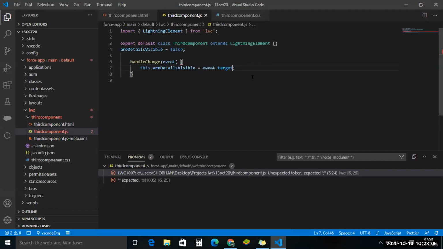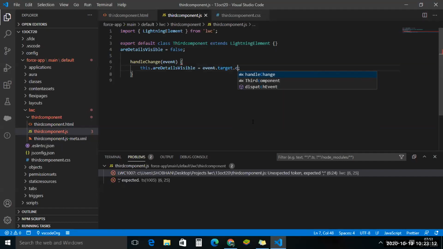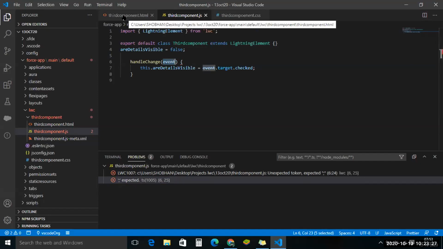Put event dot target dot checked. Why is the event coming as a dash?